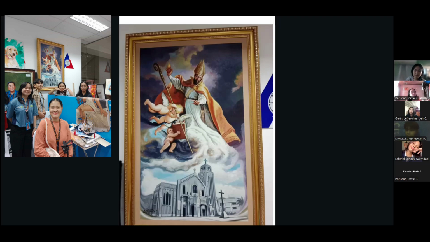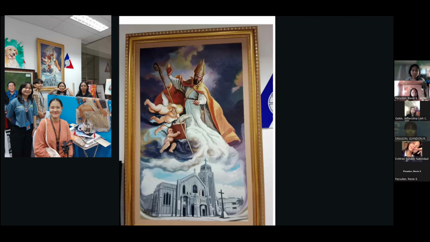So this painting is a religious artwork, as mentioned by Miss Jeff. It depicted a saint in a bright, colorful, and almost celestial setting. The saint holds a heart and a staff, which are both religious symbols. The saint is surrounded by two cherubs, further emphasizing the sacred nature of the painting.